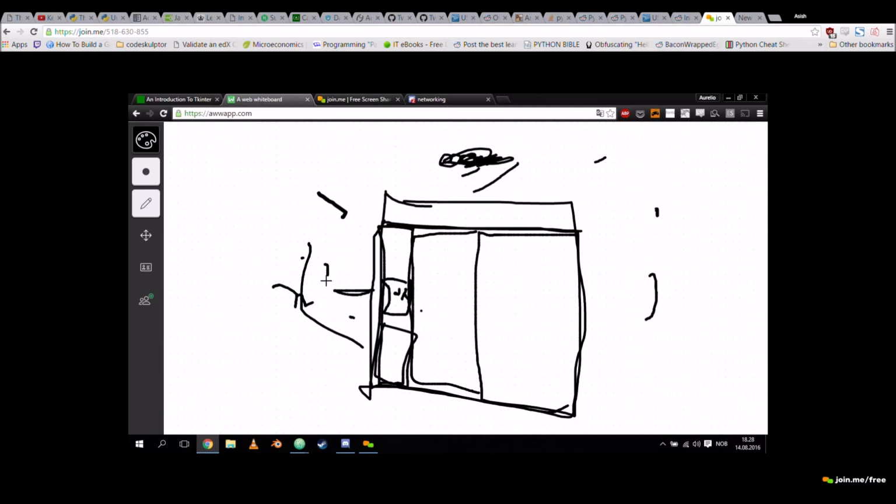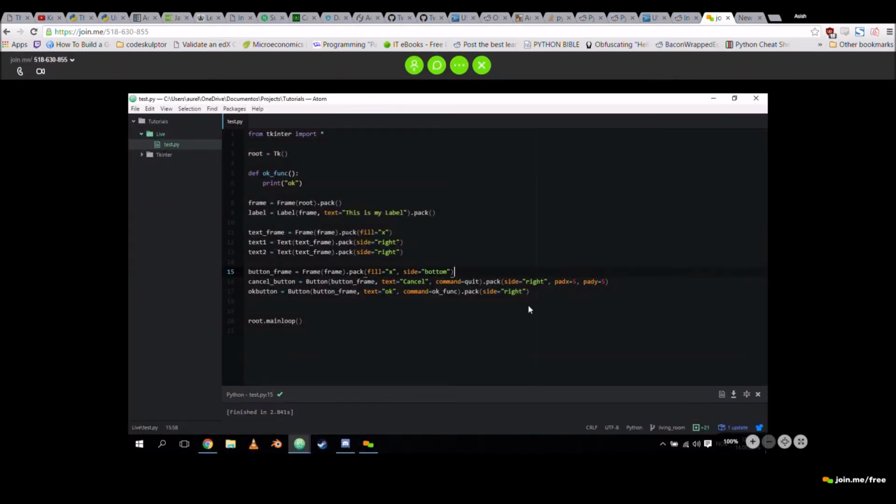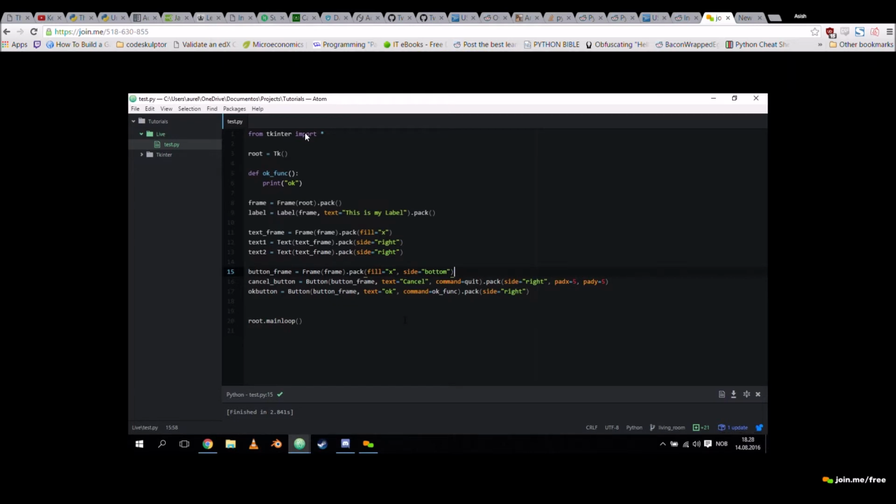So let's redo a little bit. So you notice that I've been packing right as I'm making every frame and every piece of text. That's not usually how you do it. You usually tend to pack at a later time because the order of packing is so important. So let's see what we need to do here.